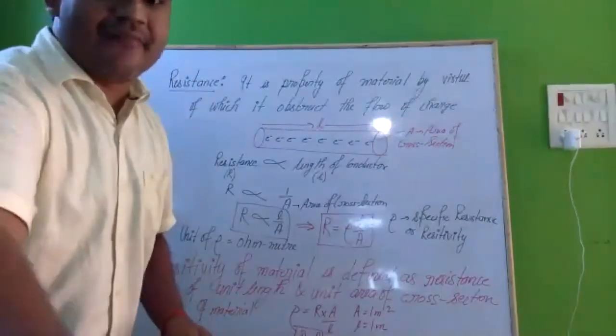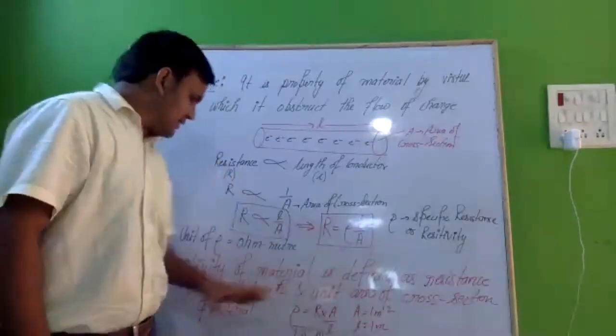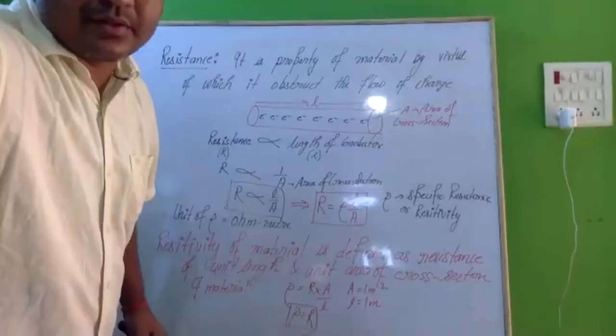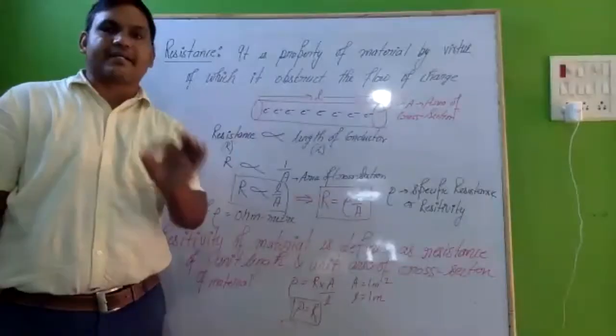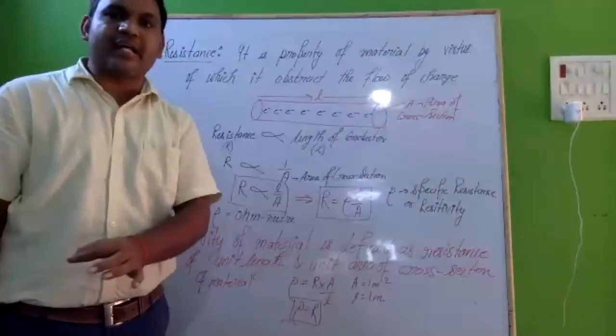So I defined in a way Not visible. of a material is defined as resistance. It's not visible at the bottom. Yes, sir. Now it becomes visible. Yes, sir. It's visible now. Sir. Yes, sir. Yes, sir. Yes, sir, visible. Okay. So what I was saying, resistivity of material is defined as a resistance of a unit wire having unit area section of.